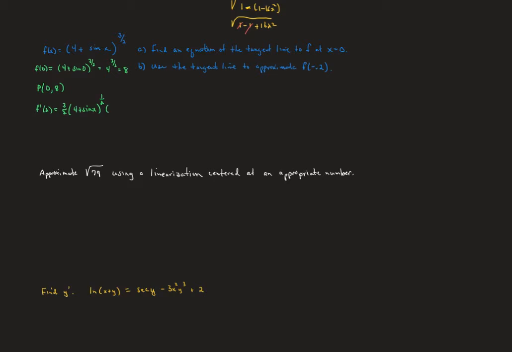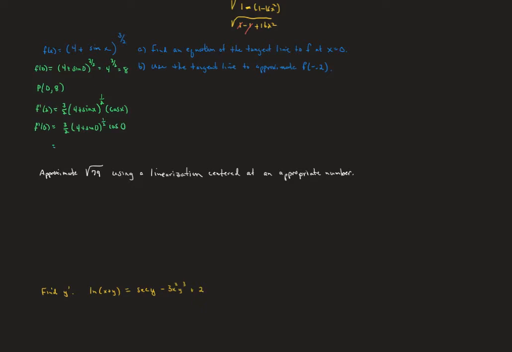Now times the derivative of the inside function, and the derivative of 4 is 0, the derivative of sine is cosine, and so this is our derivative. We want to evaluate that at x equals 0. So that's going to be 3/2 times 4 plus the sine of 0 to the 1/2 times the cosine of